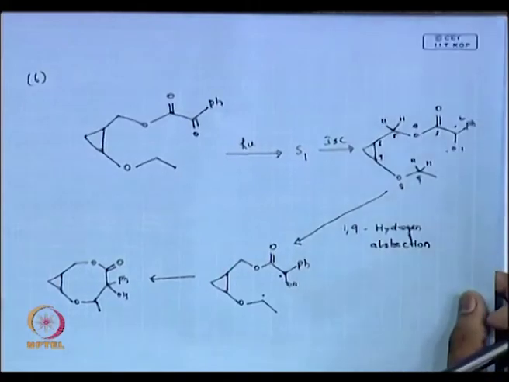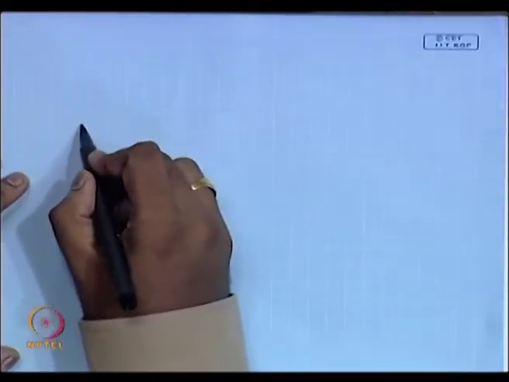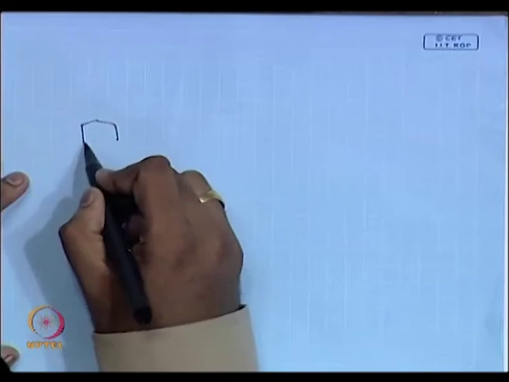So, we can call this 1,9. We have seen 1,7 and now we are seeing 1,9. So, it does not have any big restriction. That is what you should understand when you think of intramolecular hydrogen abstraction. People always think intramolecular hydrogen abstraction means Norrish type 2 reaction, but it is not that. When there is a possibility of hydrogen abstraction from other areas, it does it, and it gives a major product also. We will take a very good example.